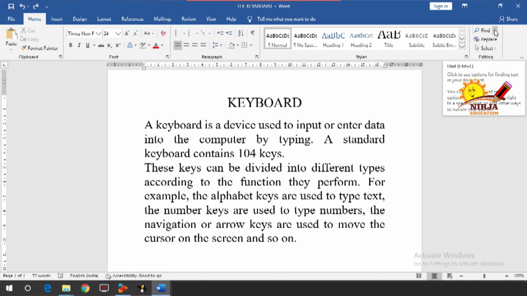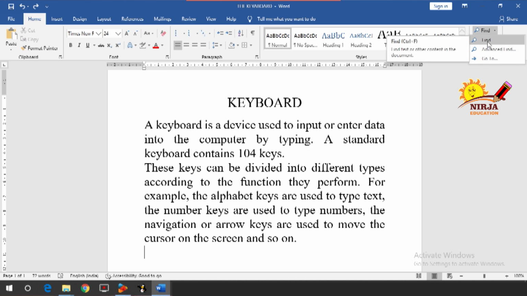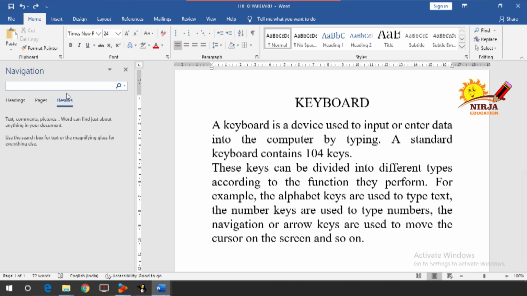First we'll go for the Find. As you can see, the drop down arrow, click on that. Find, Advanced Find and Go To. First we'll go for the Find, and here I am going to type a word keyboard.